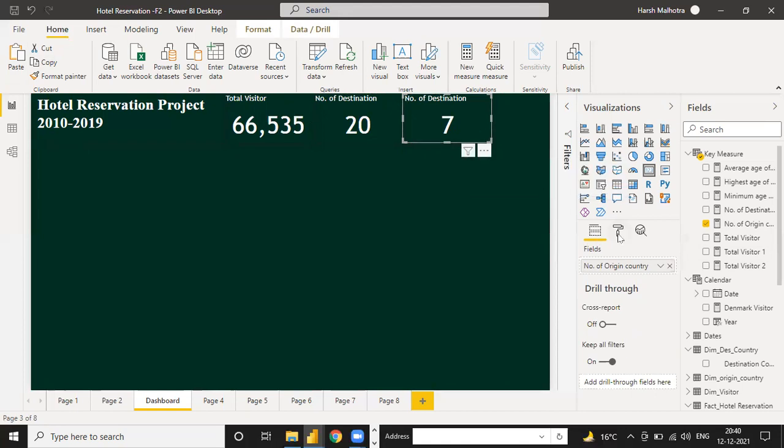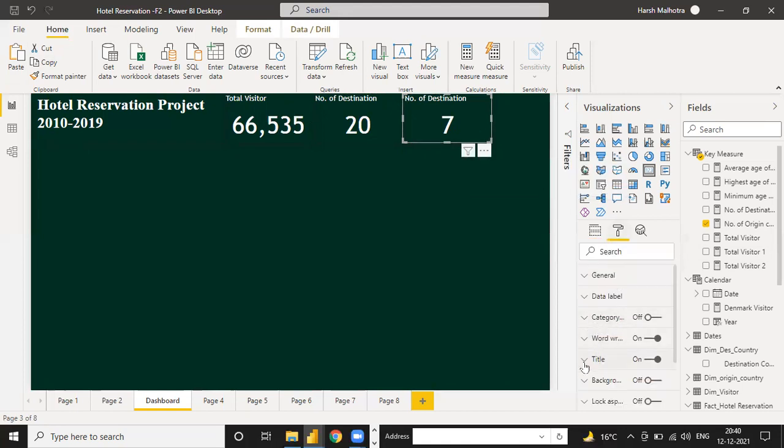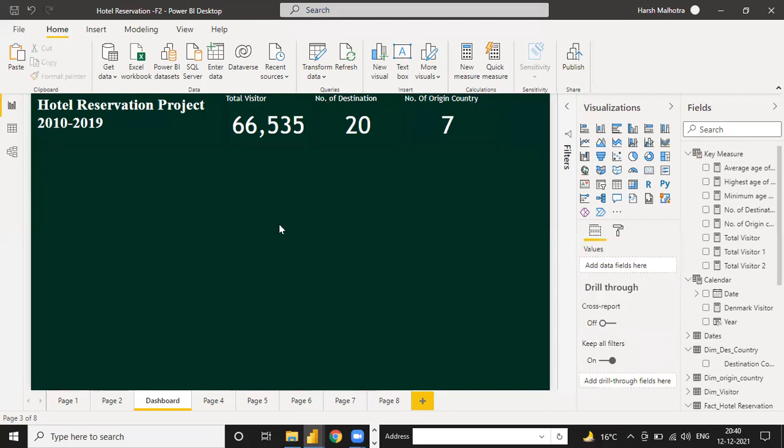Only change this. Go to title. So it will save your time also. Number of origin country. Like this, you have to make the changes.